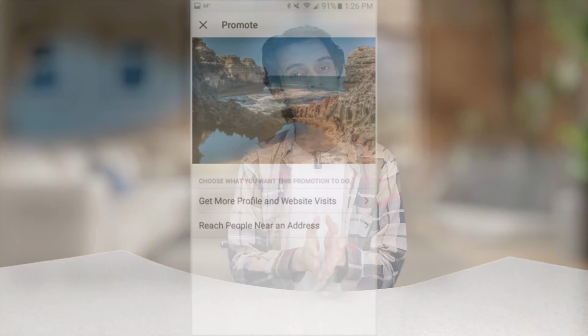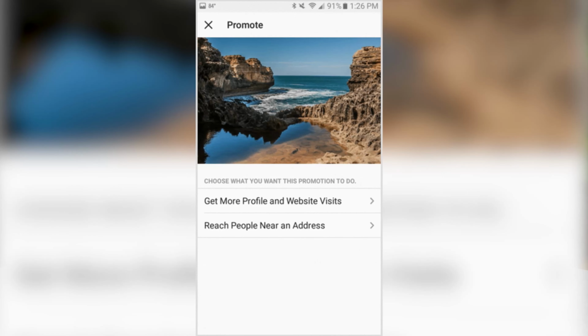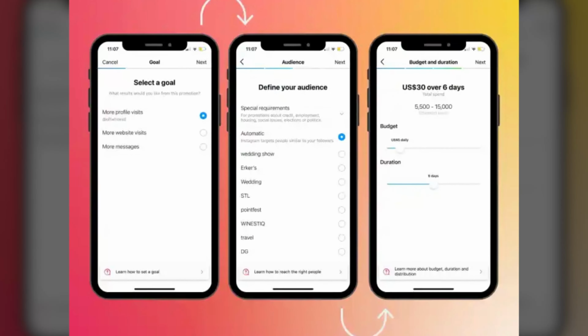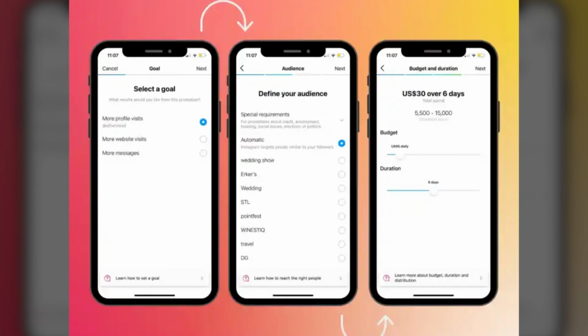How? For example, I have just posted something on my Instagram account, and now I have to boost that particular post so that more and more people can see it and give me more and more likes, and I will get more and more engagement. This is called paid boost advertisement, and you are doing that advertisement for your own YouTube or your own post on Instagram or on your Facebook account.